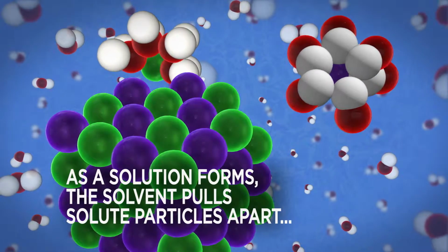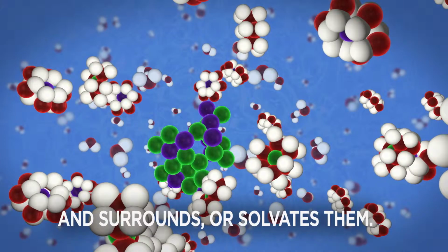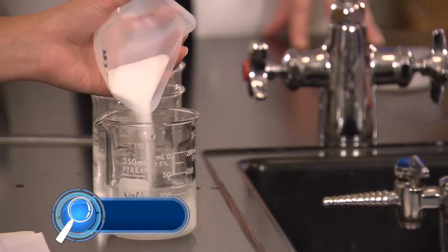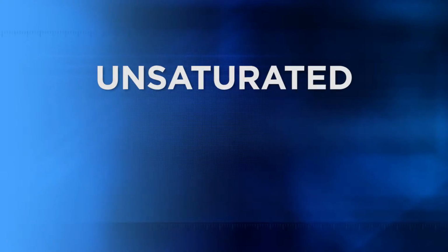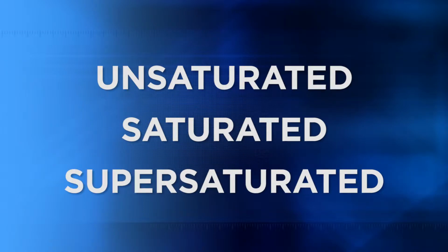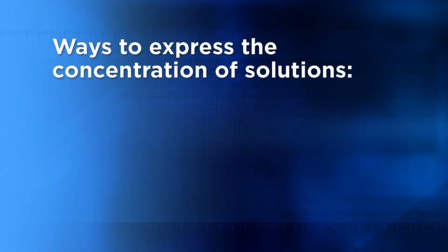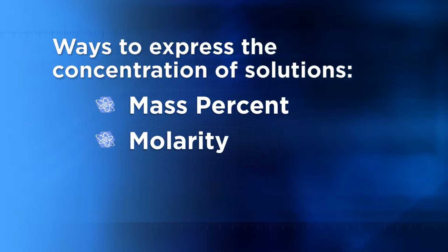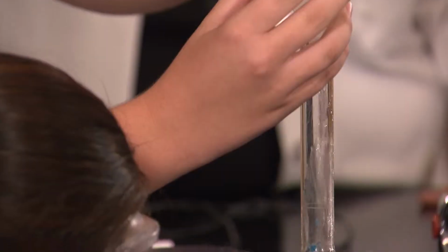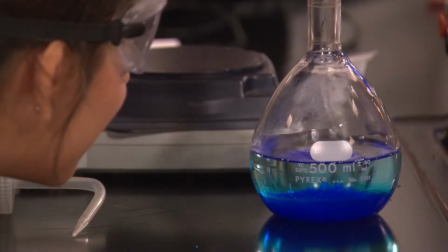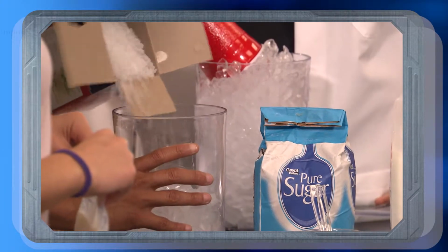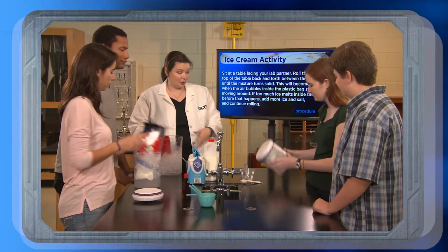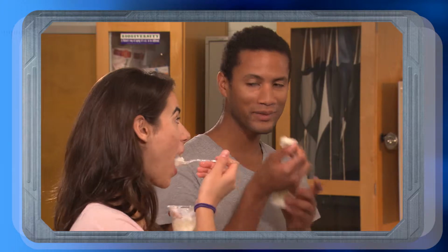We started by investigating solutions and looking at the way solutes and solvents interact with each other. We performed a lab with solubility curves and learned about important terminology such as unsaturated, saturated, and supersaturated. We examined the various ways the concentration of a solution can be expressed, such as mass percent, molarity, and molality. And our students learned how to create solutions of known concentrations. We even made ice cream to investigate colligative properties and factors that affect how a solution's freezing point and boiling point can be altered by the presence of a solute.